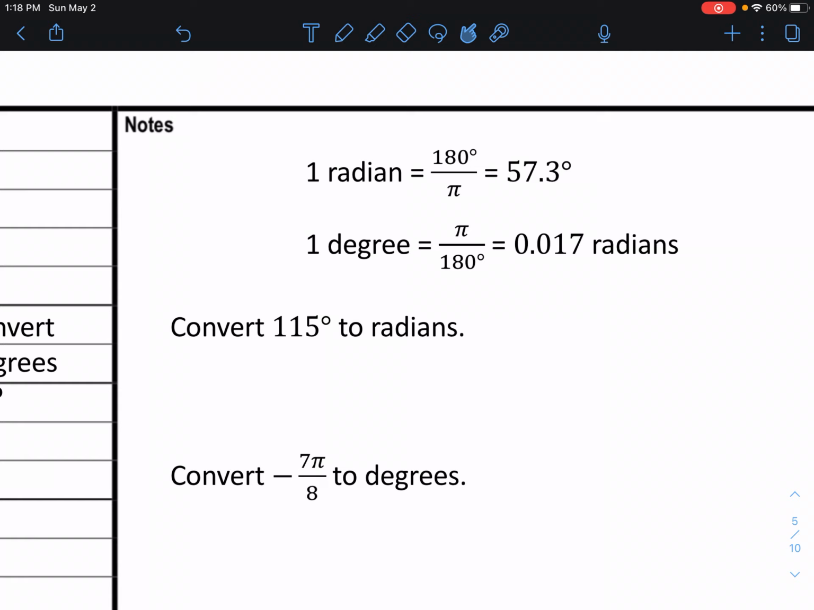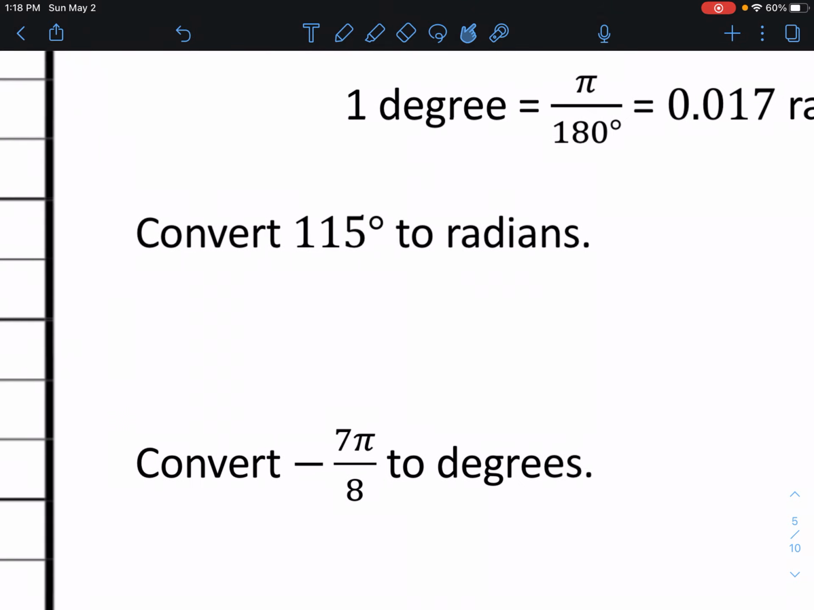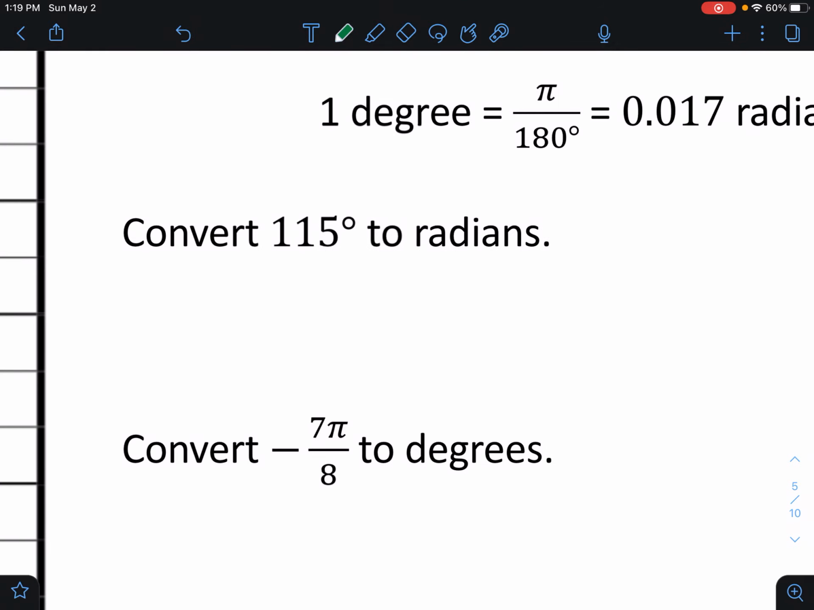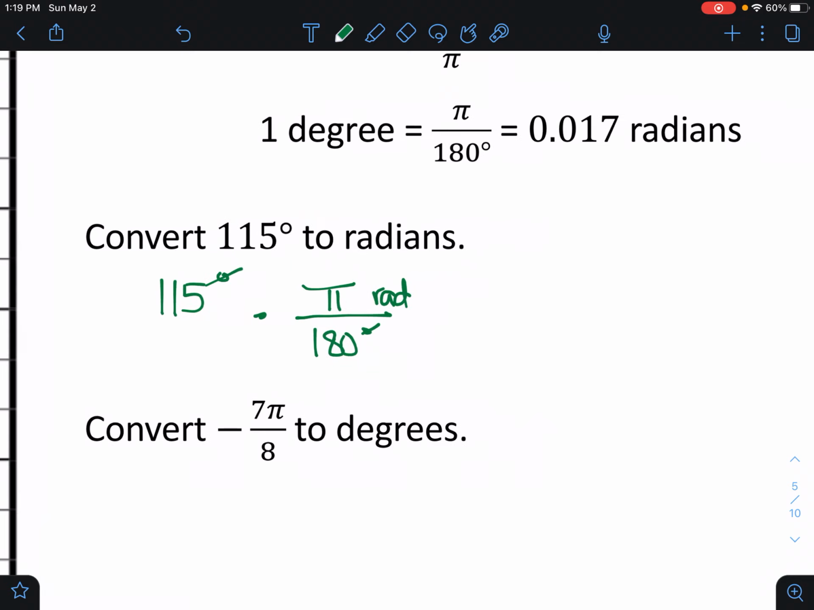That's radians. So I'm going to take 115 degrees and convert that to radians. Remember, this is over 1, so if you want to put that over 1, you can. I know I need to cancel out my degrees, so the degrees have to go on the bottom because degrees are on the top here. And that means pi radians goes on top. So now degrees cancel, and I'm left with